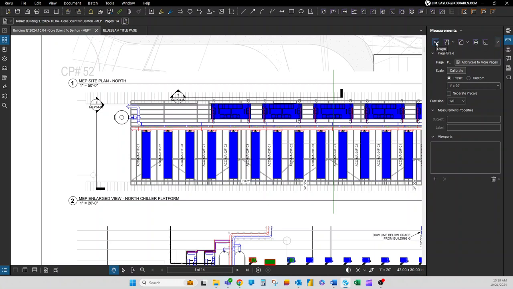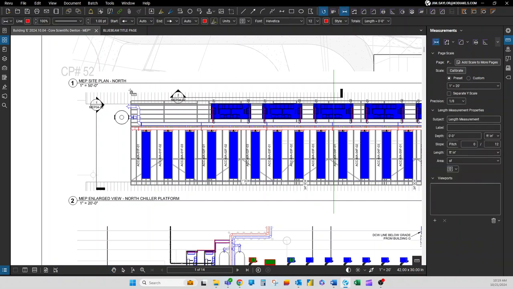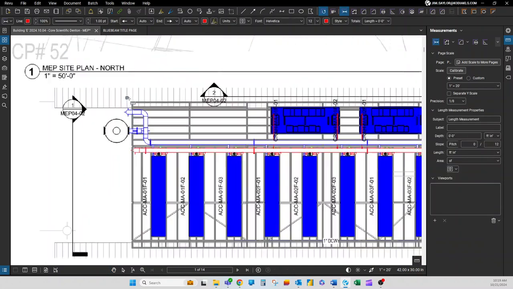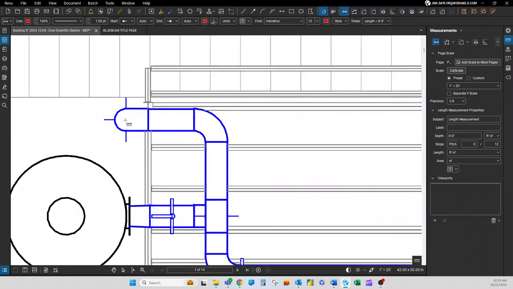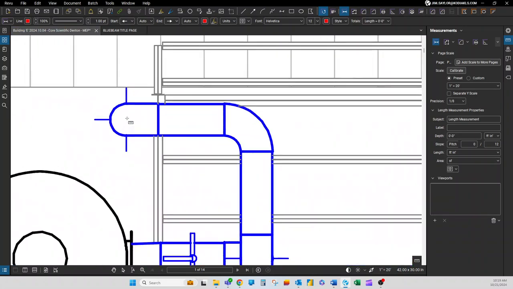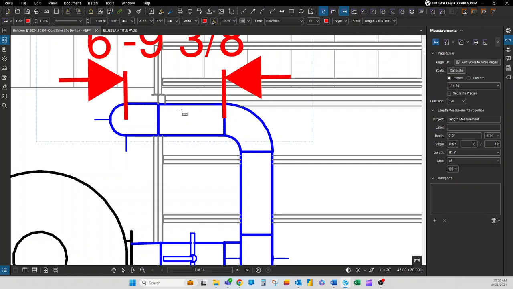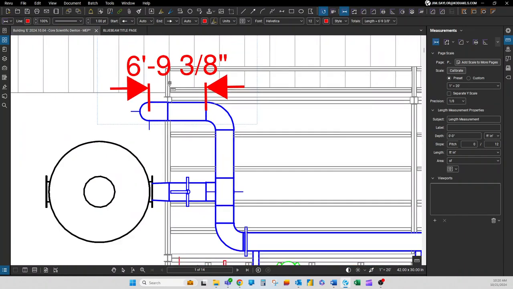First, we'll select the length measurement. Even though I'm in the length measurement, I can still rotate the mouse forward and zoom in to select the start point for my measurement. We're going to measure this pipe from the center to the first flange, or the first edge of the 90. As you can see, once you click on it, the second click will show you that it's 6 foot 9